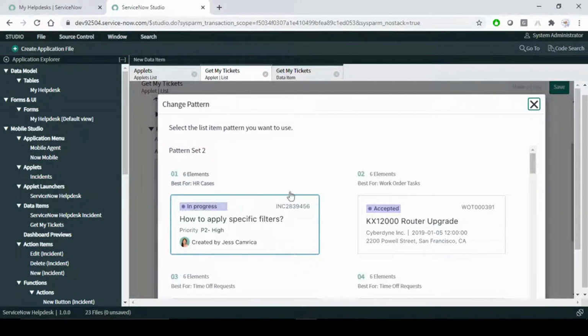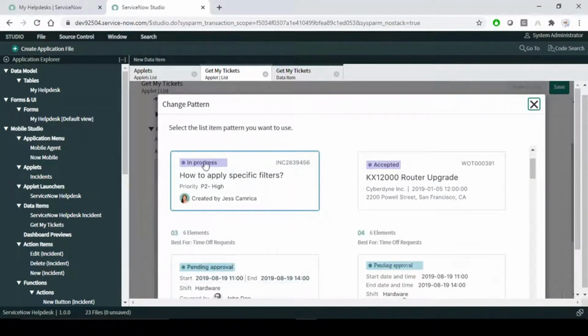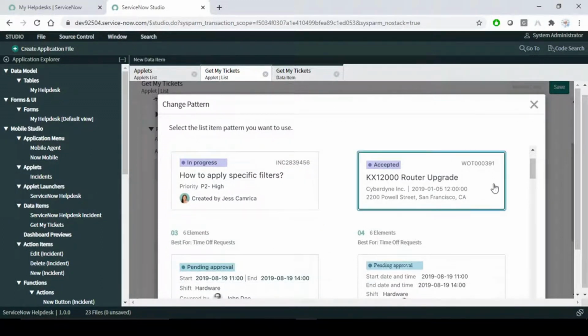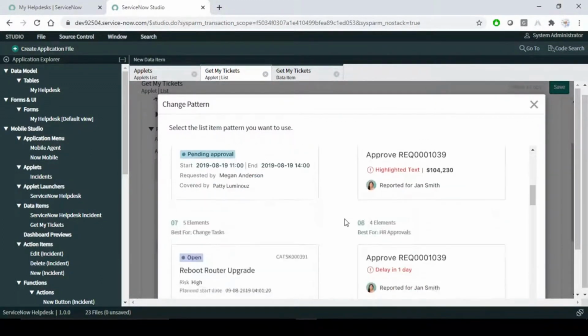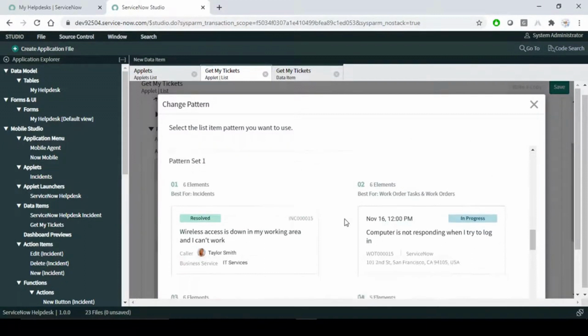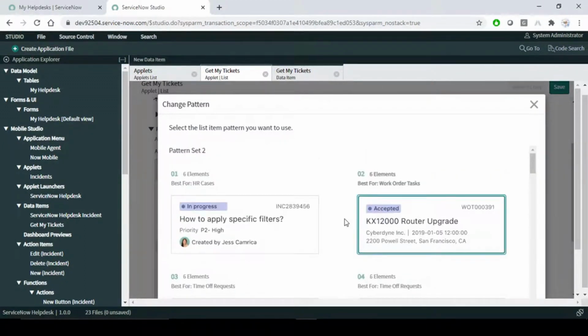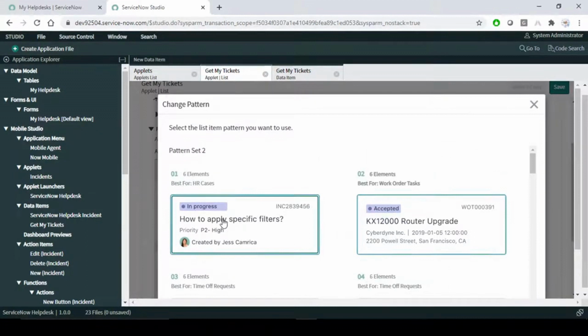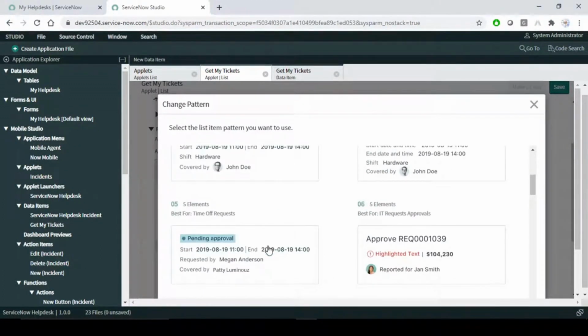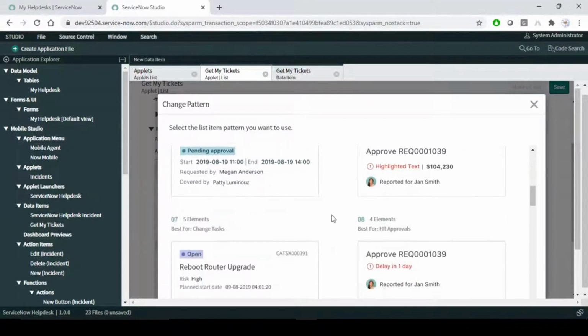As you can see here, there are some samples. So in progress, if you want to display in this format, choose this. If you want to display in this format, choose this one. There are many formats, and based on that format we can display the data. So let's say this one, as you can see, it is giving you options also, best for HR case, best for work order task. So let's select the incident one, because our